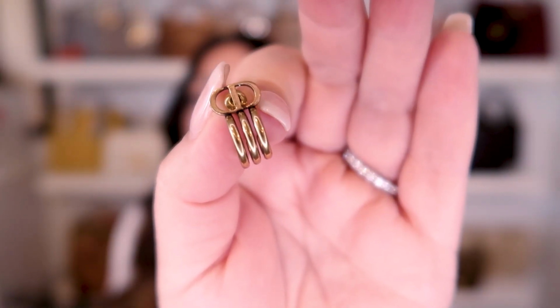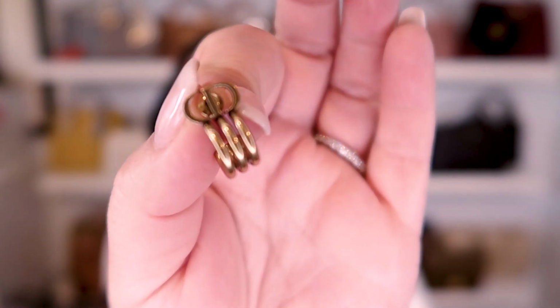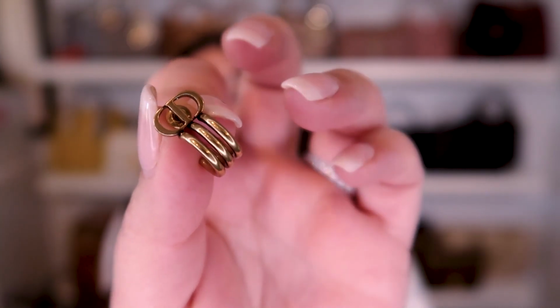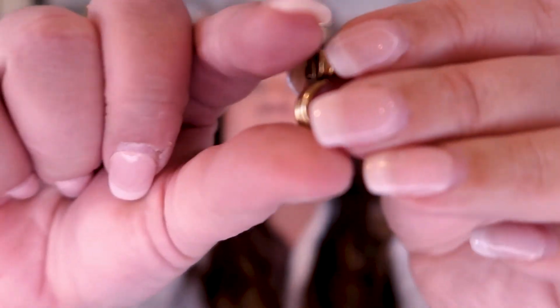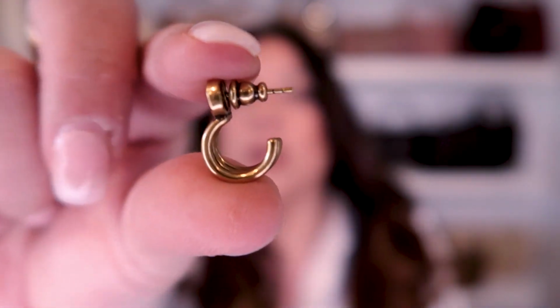Alright, so it came with the beautiful black Dior ribbon with gold Dior logo. And then when you open the box, you get this beautiful little cloth dust bag, jewelry bag. And then inside, I saw these earrings, and I'll have to be honest, I thought they were humongous. And then they arrived and they were the smallest earrings known to man. They're these beautiful, sort of antique gold Dior earrings with 3 hoops, and as you can see there, that's what they look like on the side,